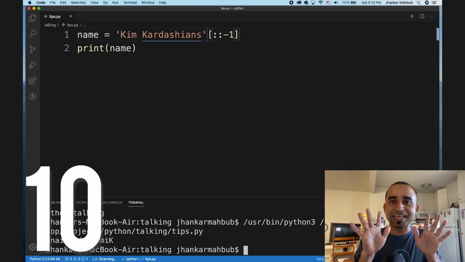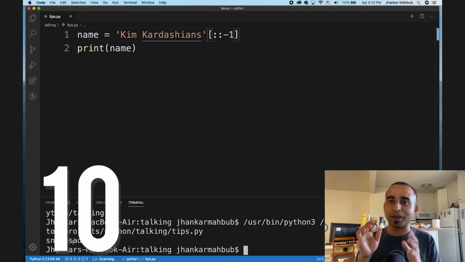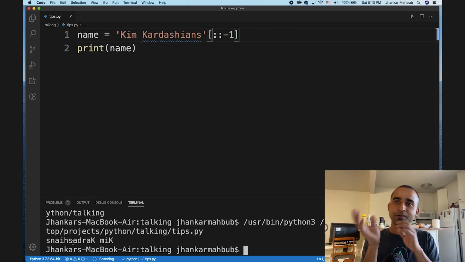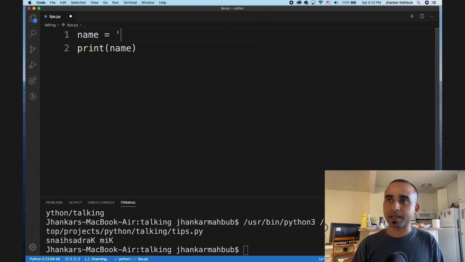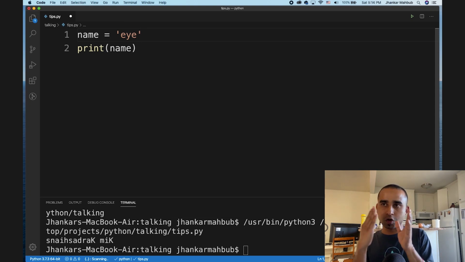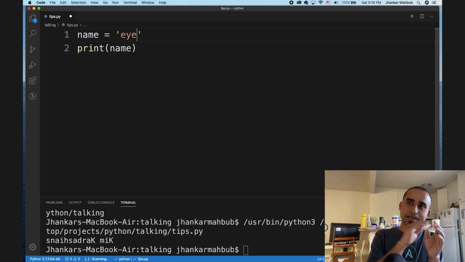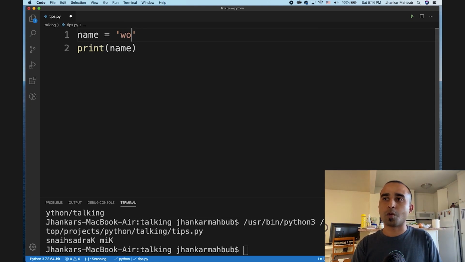And number 10, you can check a palindrome. Palindrome means if you have a word and you reverse it, it stays the same, it becomes a palindrome. So for example, if the word is I, and if you read this way or that way, it still says I, or wow, or a similar word like madam.